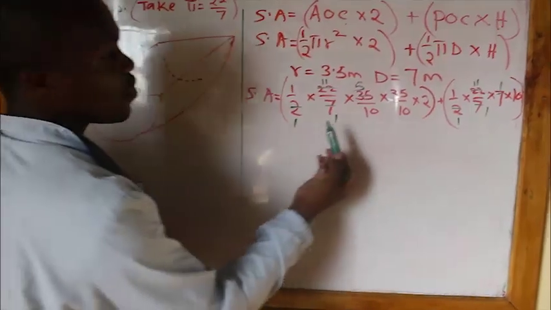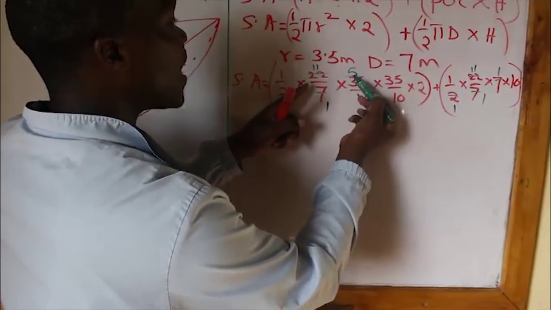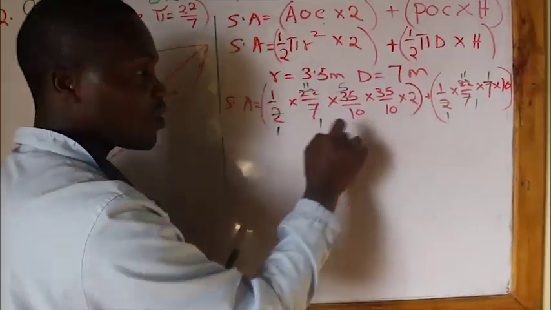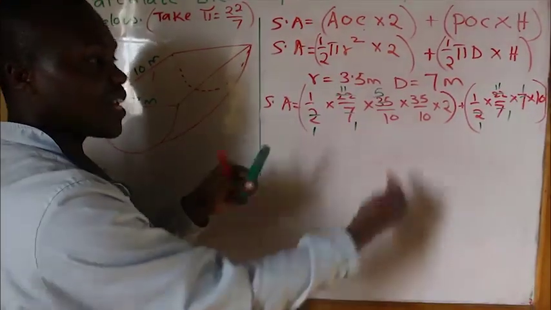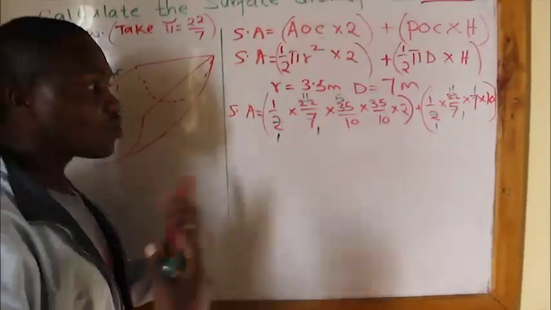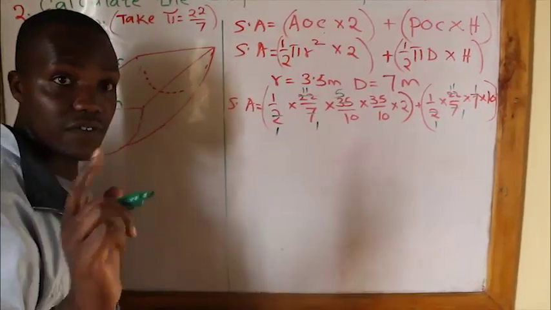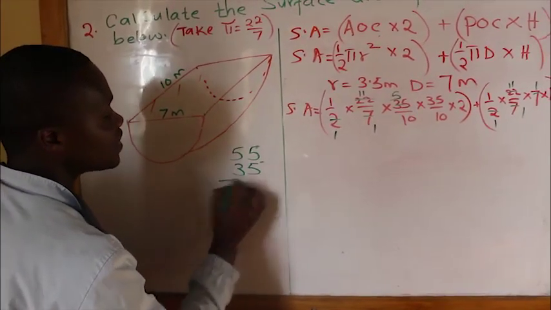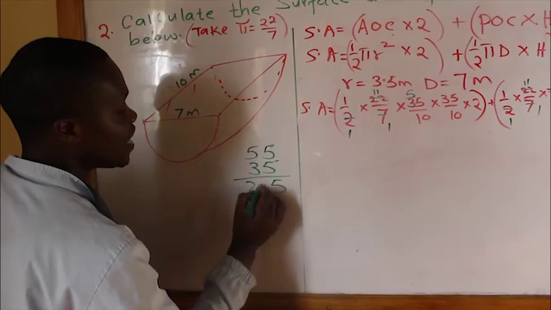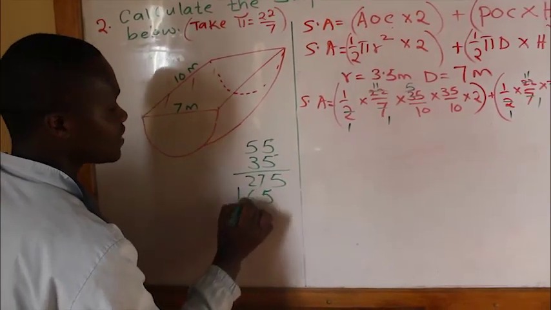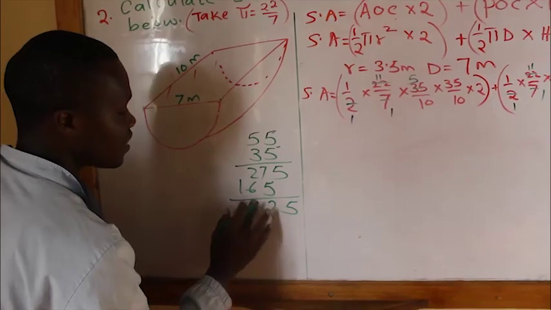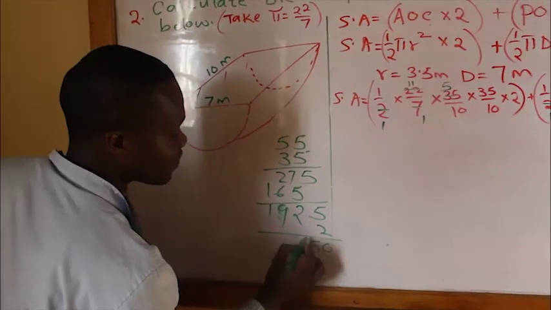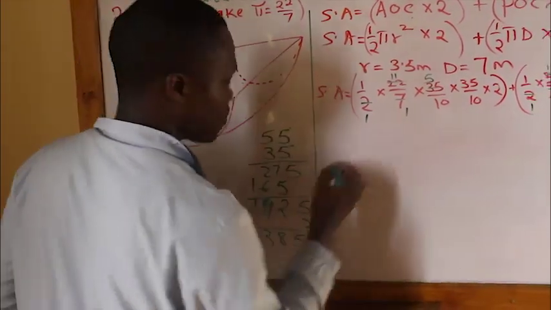So what do we do now? We have 11 times 5 times 35 times 2. I'm advising you to avoid the zeros because eventually they are going to help you to get back your answer without going through a lot of challenge. So it is 11 times 5, which is 55, times 35. So we are going to have 55 times 35, then times 2. So we have our answer here as